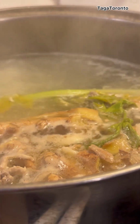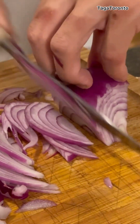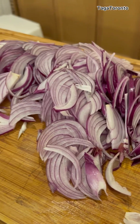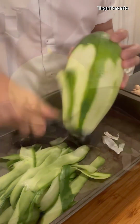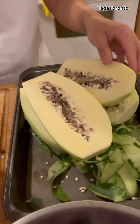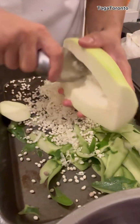Like shredding that as well. Sweet. Board as well. Magic. I have two unpeeled. Especially like it's cold for like